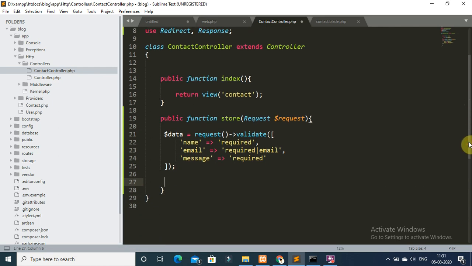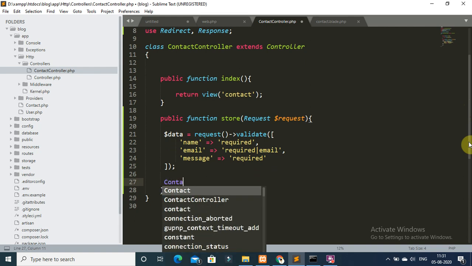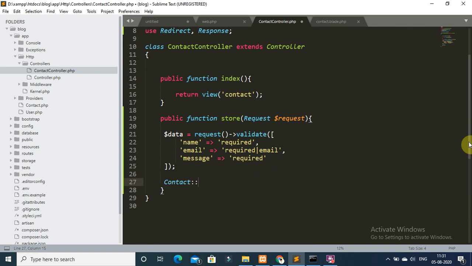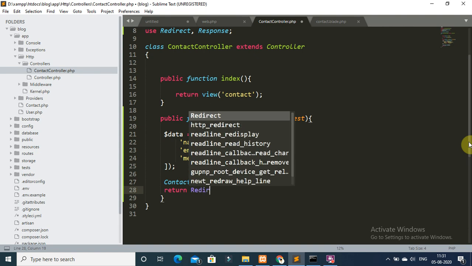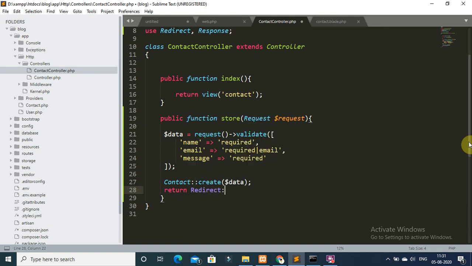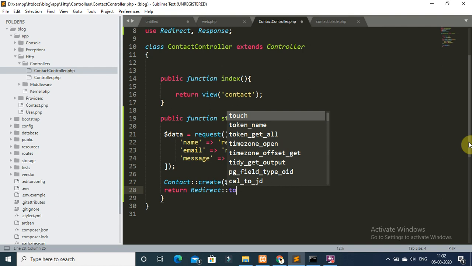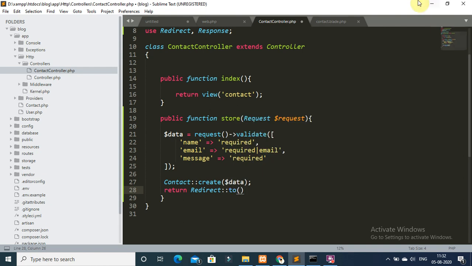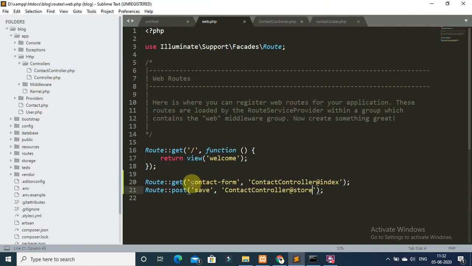If the validation passes, store data into the contact table. So write the code Contact create $data, and return the user to the form page, to your route contact form.